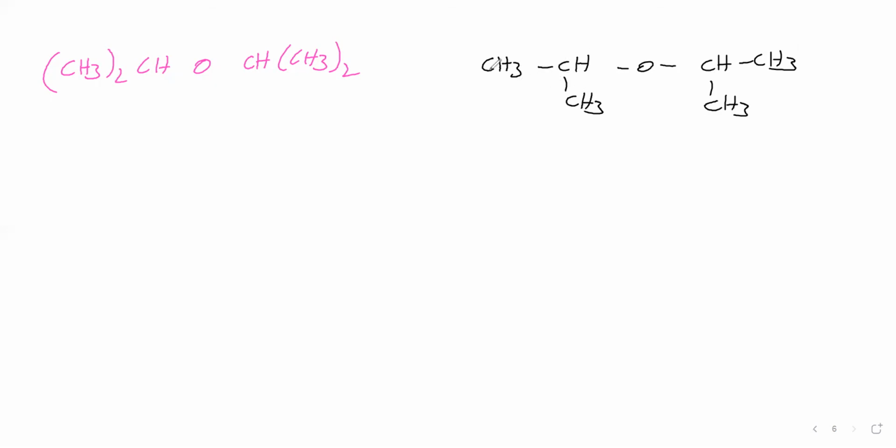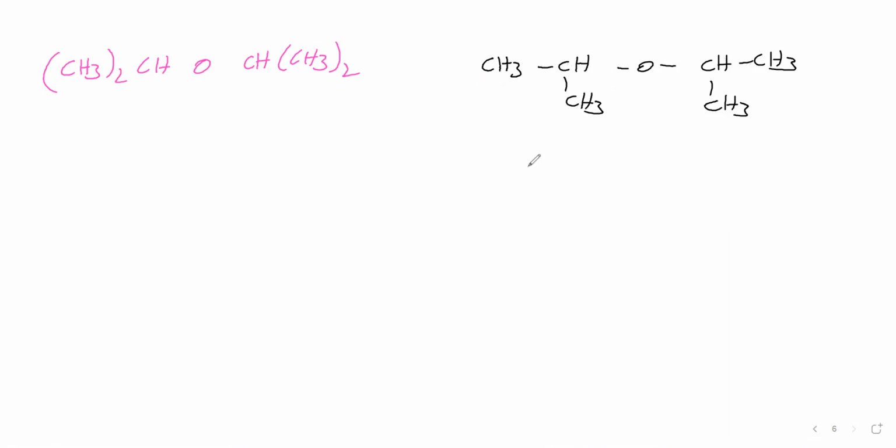Here see that in this part, the second carbon is having 2 methyl groups and the ether is linking at the second carbon. So if the second carbon is having 2 methyl groups and the functional group is linking at the second carbon and totally 3 carbons are there, it means isopropyl we can say. So here totally 3 carbons, the second carbon is having 2 methyl groups, and the functional group is present at the second carbon. Then this name is isopropyl.